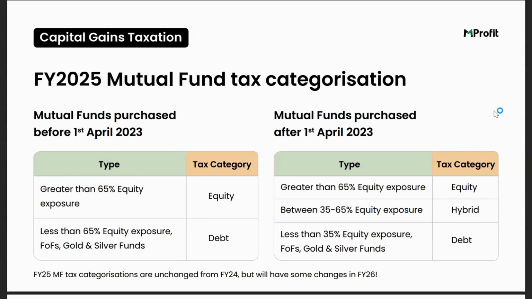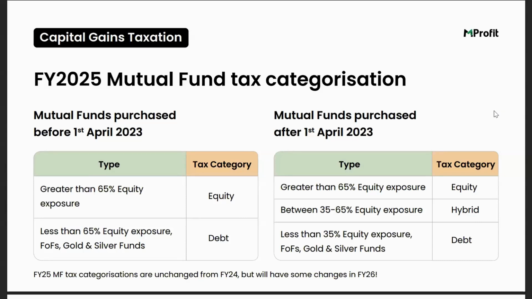If you have purchased any mutual fund before 1st of April 2023, and that mutual fund has more than 65% exposure to equity stocks, it will be classified as an equity mutual fund. For example, a Kotak Blue Chip Fund, which predominantly invests in equity stocks, and because the exposure to equity stocks is more than 65%, will be categorized as an equity mutual fund. However, if the exposure to equity is less than 65%, or if it is a fund of fund, or if it is a gold or a silver mutual fund, then the category for taxation will be a debt mutual fund